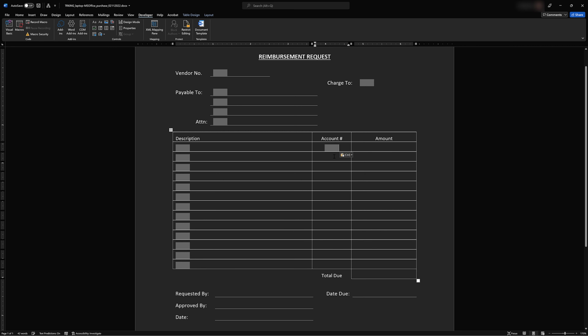Amount or account number, same thing. Let's just go like this. Here we go. Could probably tab and do it. Would be a lot easier. Almost done. So we're just providing